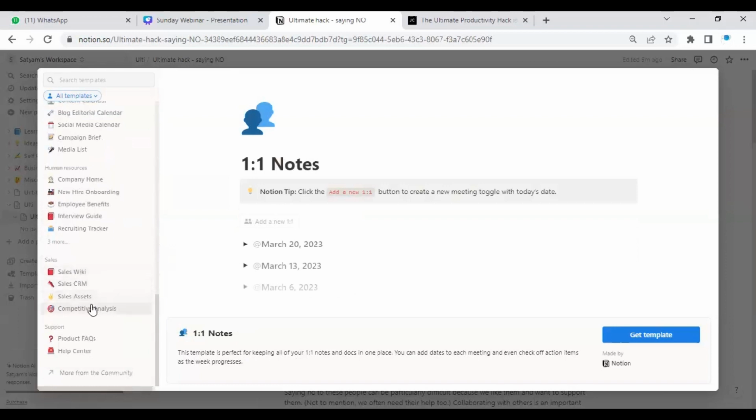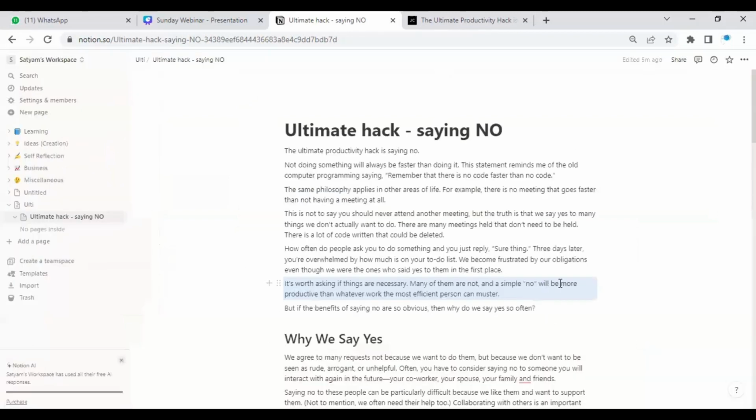Sales CRM, competitive analysis, a lot of templates are there in this. Starting from fitness, diet, and everything, you can make your own templates. You can put it down over here and start doing it. But